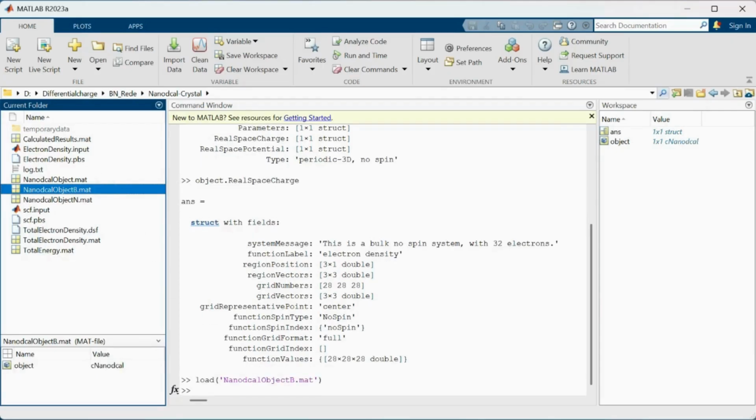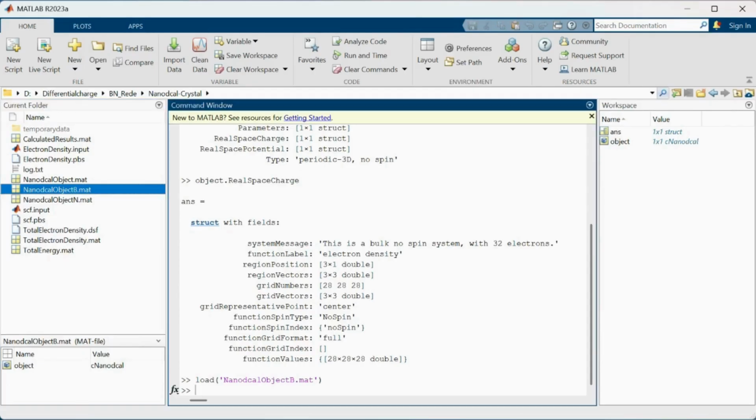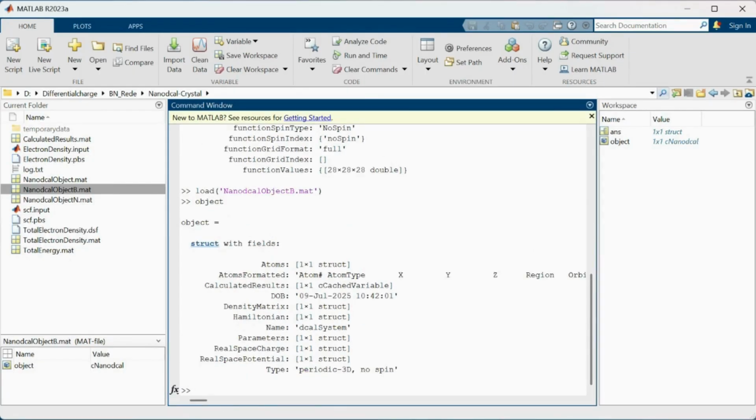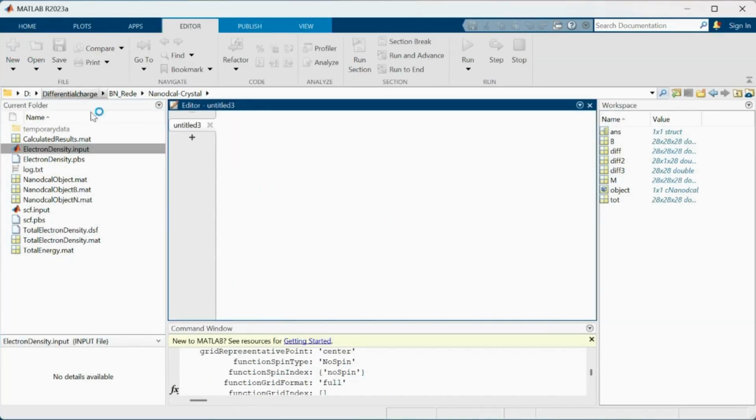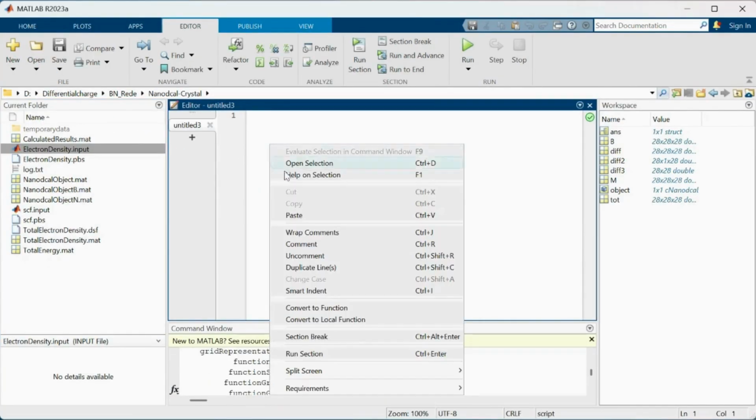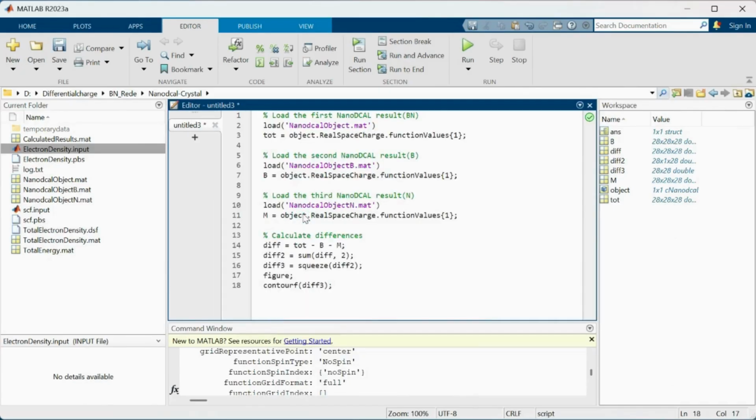By double click, it loads your material file in the command window. Type object, and you can see that it is also for the boron structure only. To find the differential charge, let's create a script. Type this command in the script.